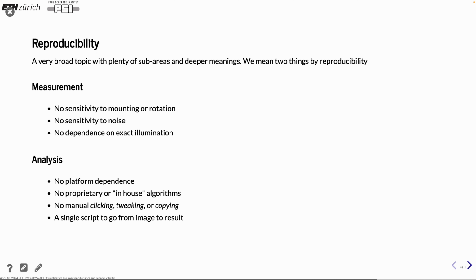Another thing which is also very important when you start doing your big analysis is to have a reproducible experiment and analysis. It's a very broad topic and has very many sub areas. We will touch on it a bit today, and I think we will also take a view into this in later lectures. The main two things we want is having the reproducibility for the measurement and for the